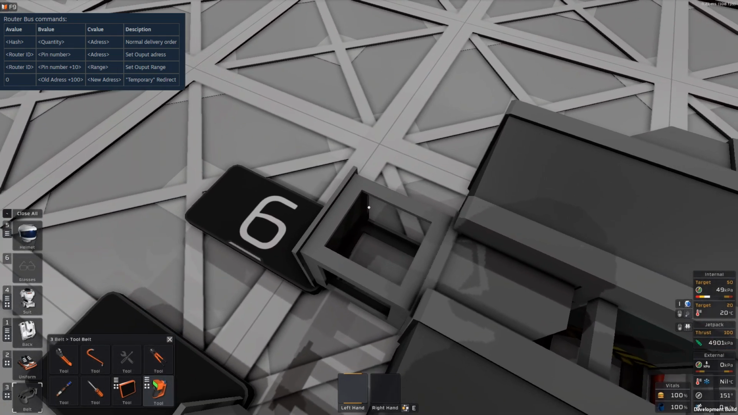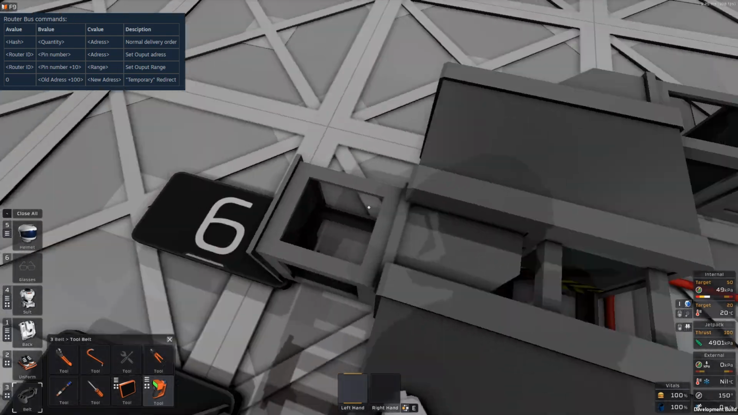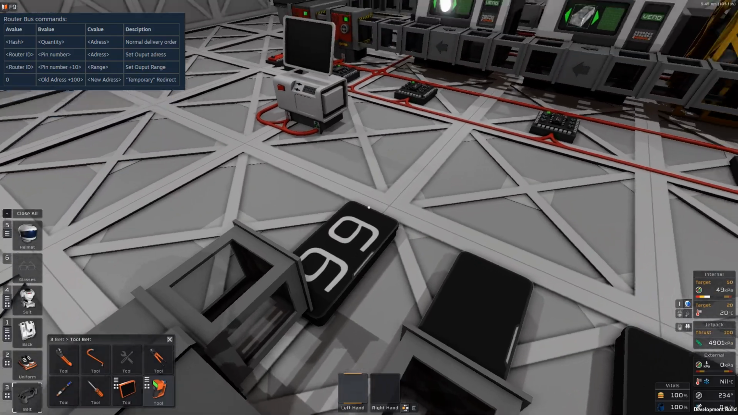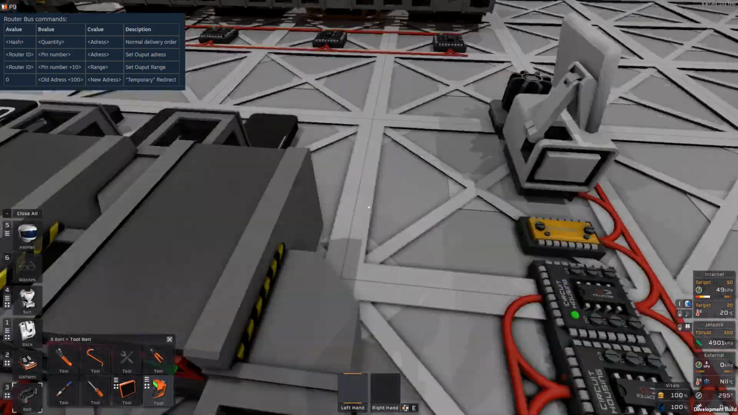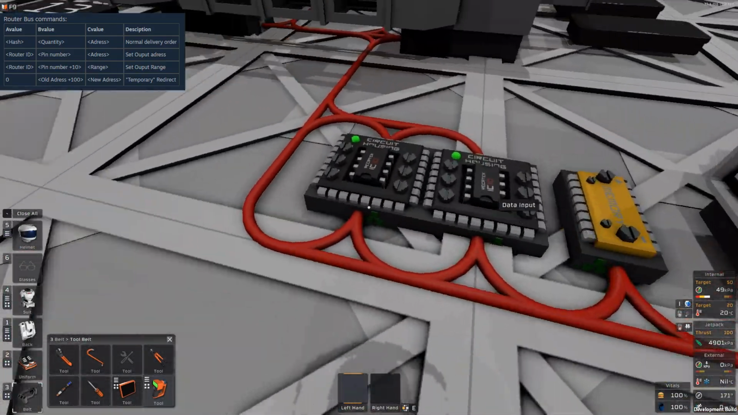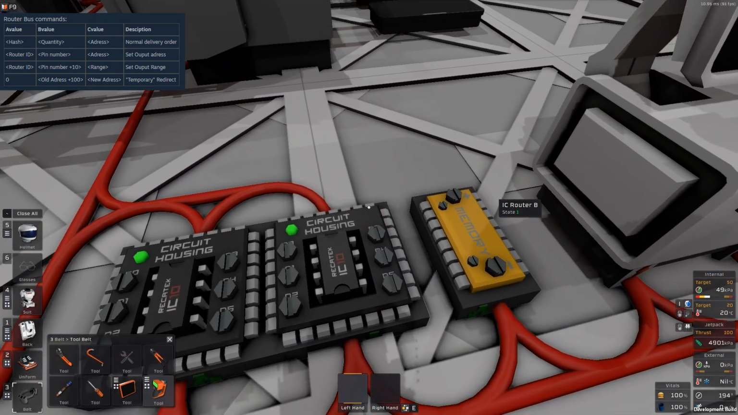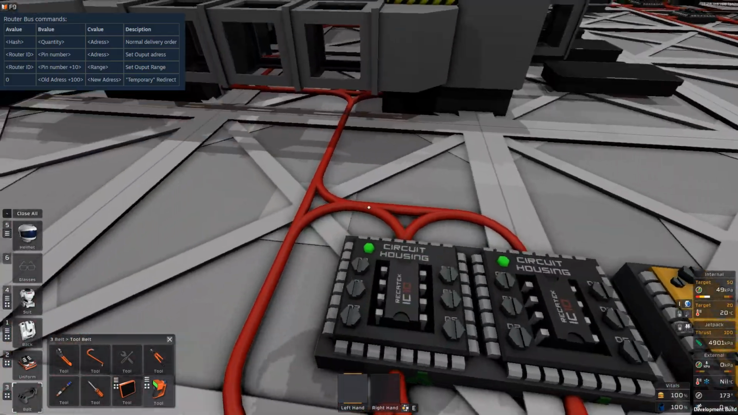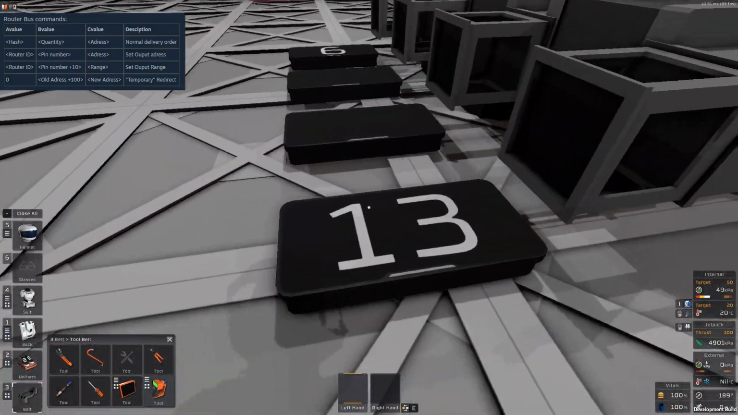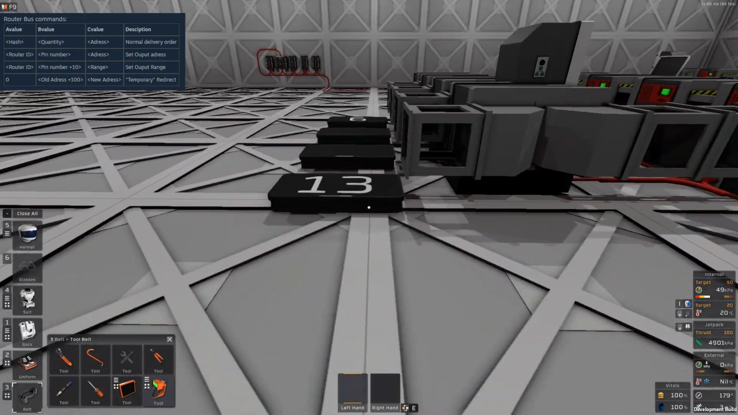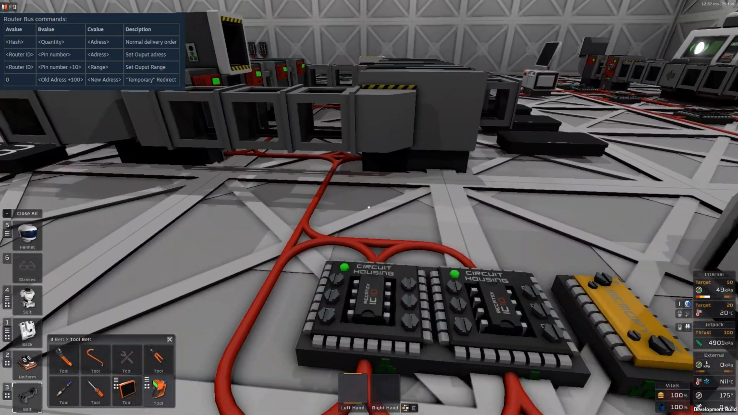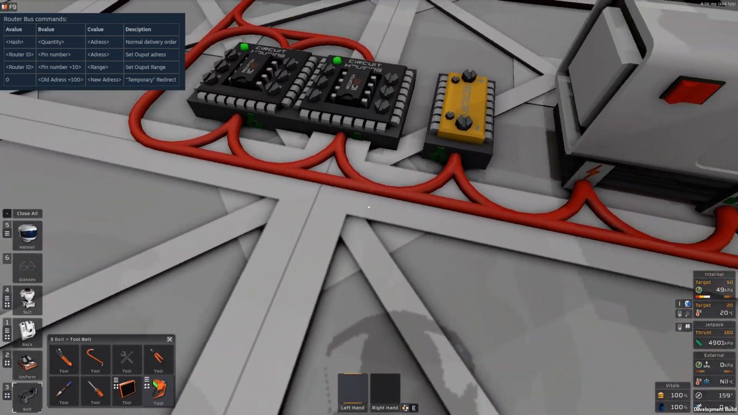I have gone ahead and set the address 6 for this sorter, and this is the opposite side of the storage output, and those two are controlled by two different routers. So this guy is controlling the storage output, and this guy is controlling both of these, number 6 and number 13. And the thing I want to show you is that if we tell it that a stack of iron ore is coming,